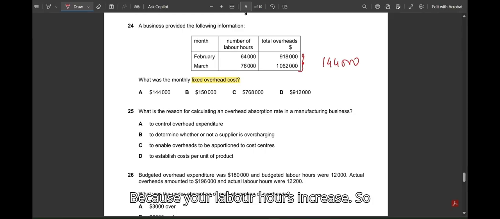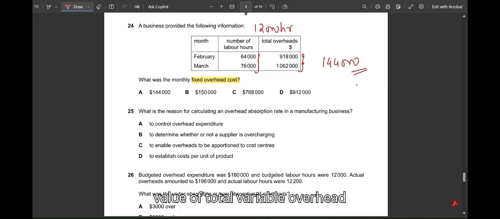Because your labor hours increase. So 76,000 minus 64,000 will give you 12,000. By this I'll come to know that because 12,000 hours increased, your total variable overhead increased to 1 lakh 44,000. So by this,